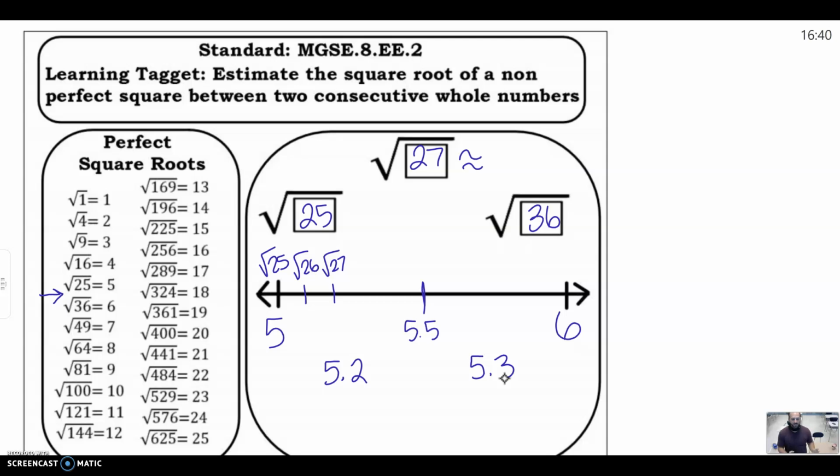So again, to test those two numbers, and this is being done without a calculator, okay? For those of you at home wondering why we're actually multiplying this out, we did not use a calculator when we were doing this. So I'm going to square 5.2, and then I'm going to square 5.3. So 5.2 squared is going to be 27.04. I'm running out of a little bit of room down there. See if I can fit it in. And then when I square 5.3,